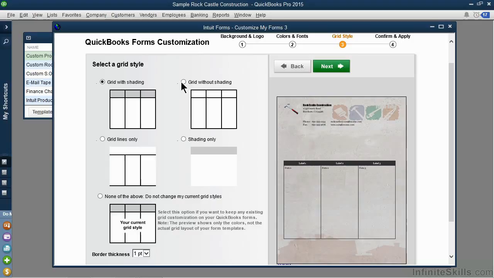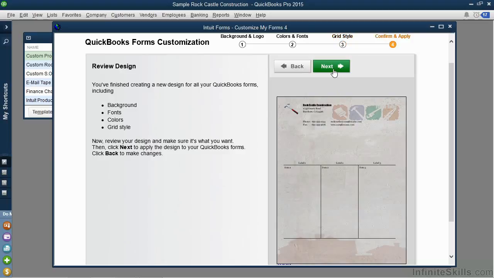We can do grids with and without shading. We can also do grid lines only without any shading at all. Or you can do the opposite, which would be shading only with no grid lines. It all depends on what look and what feel we want for our business forms. Since construction kind of has a little bit of structure involved in it, I think we're going to go with grid lines only. Once again, move to the upper right and click or tap Next,